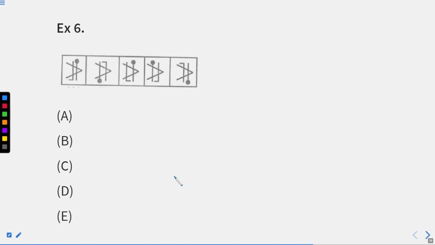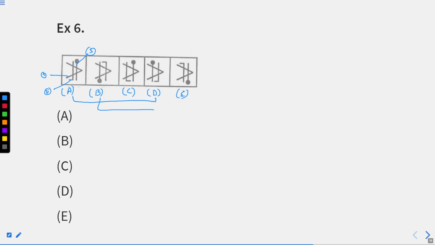Now here again 5 figures are given. Figure number A, figure number B, figure number C, D and E respectively, right? Here you need to find out the relation through which they are in common with each other. You can see that one is an arrow pointing towards the right direction, second is an L, third is a pin. These three things are present in every figure. But there is one thing common in A as well as in D, that the L and the pin interchange their positions, right? You are able to figure out this thing as well.